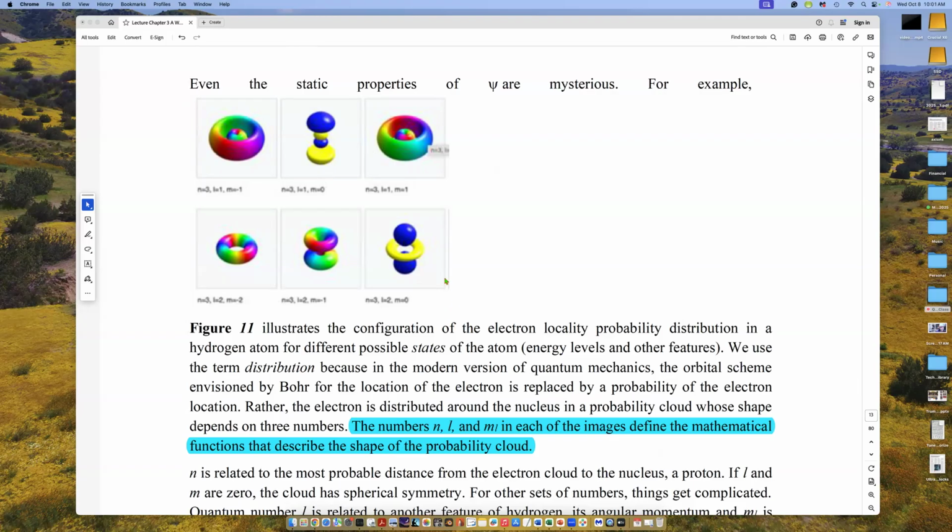Now, I mentioned that the Schrodinger equation, in real life, if you use it to design something like a transistor, you have to deal with the three-dimensional world. And that means understanding how to apply quantum mechanics to the three-dimensional properties of atoms. And these are the shapes of the cloud of electrons floating around a particular atom. I think this is actually hydrogen. For different energy states of hydrogen, you get these very interesting, complicated shapes.